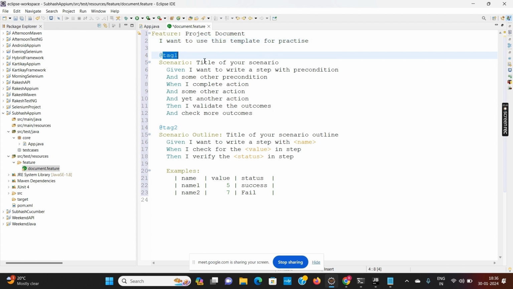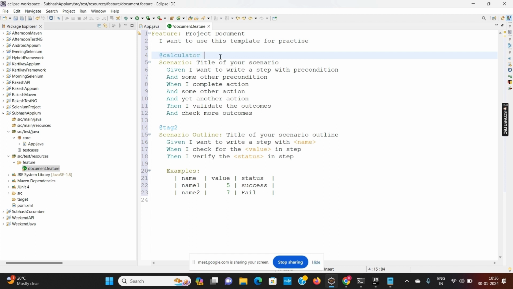You want to run this scenario. So for example, I want to run a calculator test. I will annotate this scenario as @calculator.